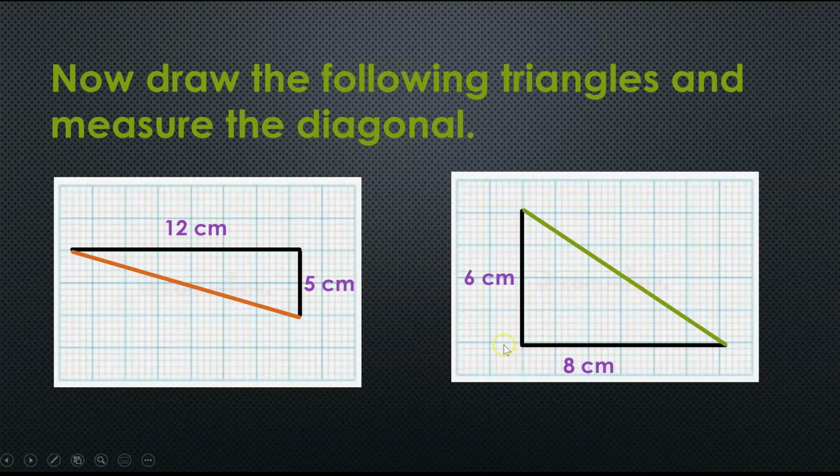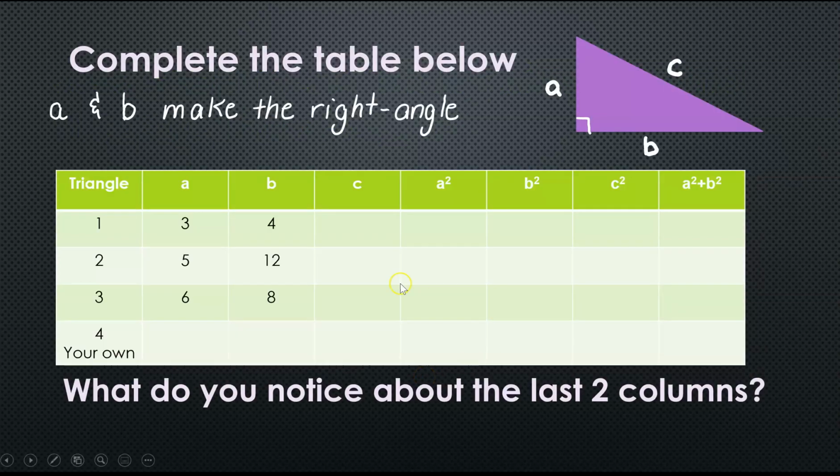So feel free to stop the video while you do that, and once you're done, what we'd like you to do is fill out this table. So you can see for the first triangle we had lengths of 3 and 4. That was the A and the B, so we're calling these sides A and B. It doesn't matter if you call that B and that A, as long as we've got the two that make up the right angle. And then this one here, this diagonal, for the first triangle, I hope you realise that